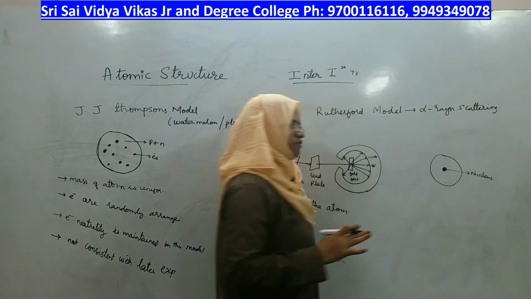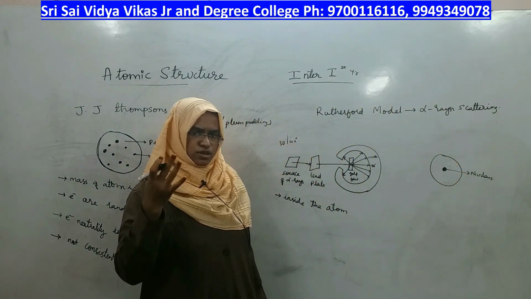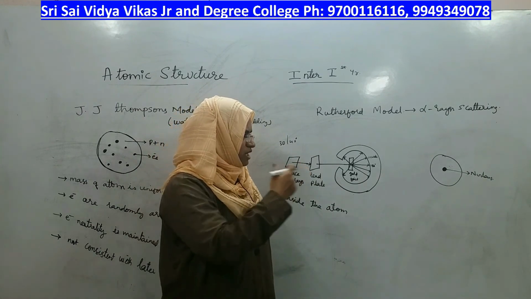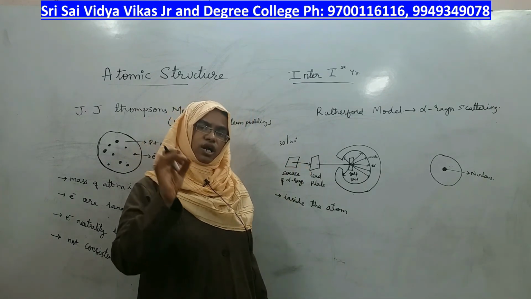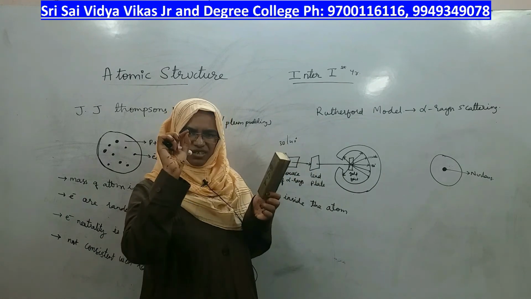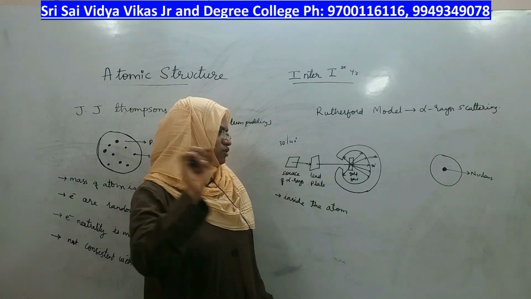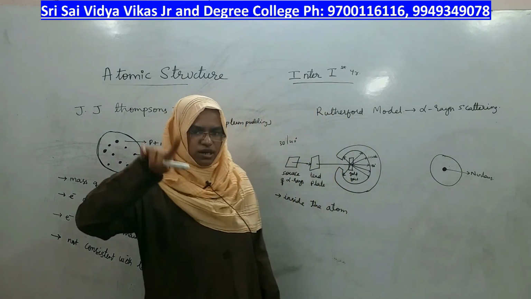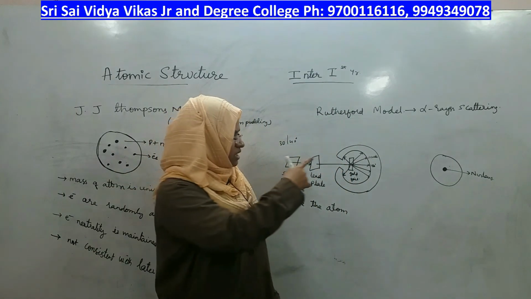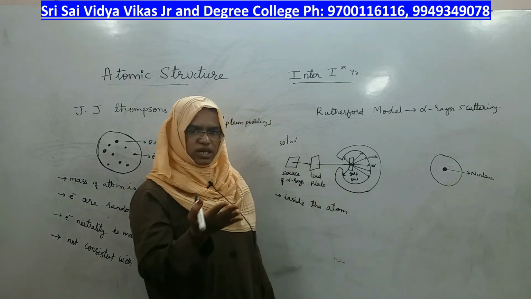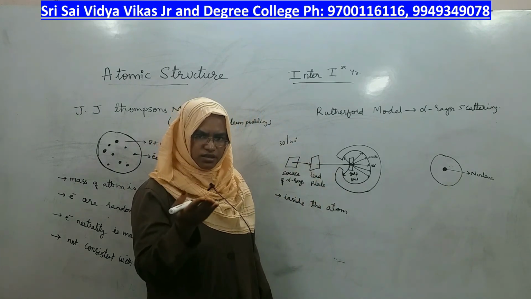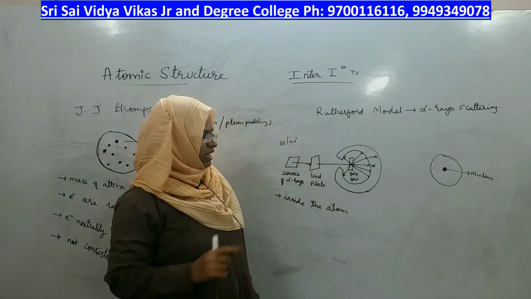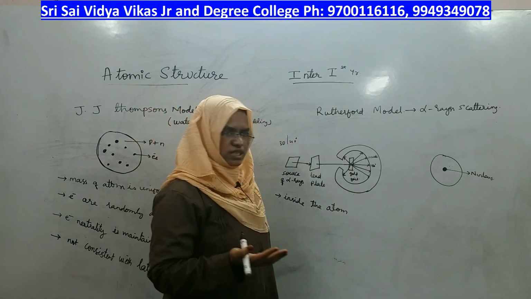The density of the nucleus will be very high, so much so that if suppose the mass of the atom is 10 grams, all that 10 grams is accommodated in such a small dot. Therefore, you can imagine what the density of that nucleus will be. Nucleus is nothing but the highly dense portion of the atom present in the center. What is left now?